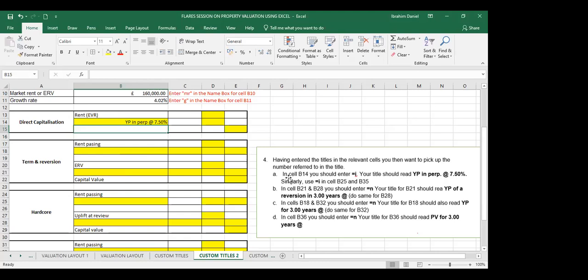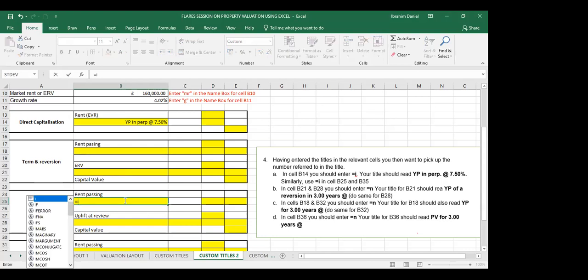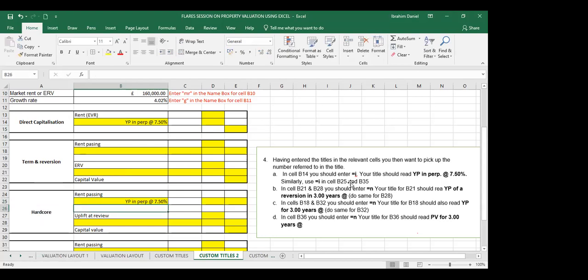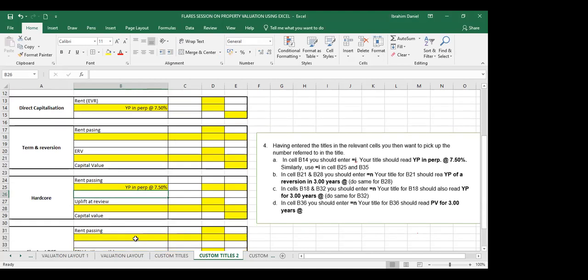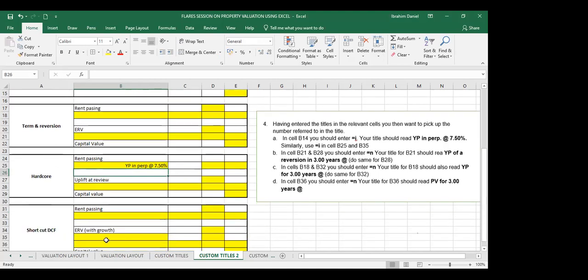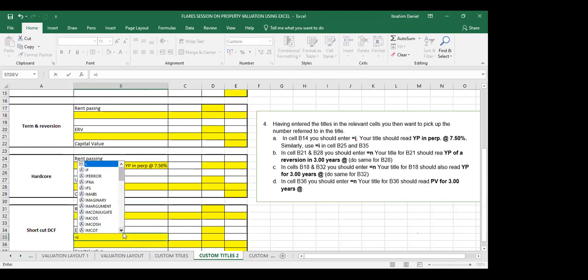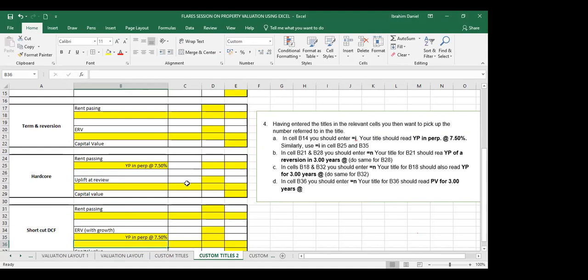For cell B25, we do the same thing. Is equals I. Enter, and it shows. B35, we do the same thing. B35, it's equal I. Enter, and it's revealed. We're done with A. Now for B, in cell B21 and 28, all we need to do is to enter,